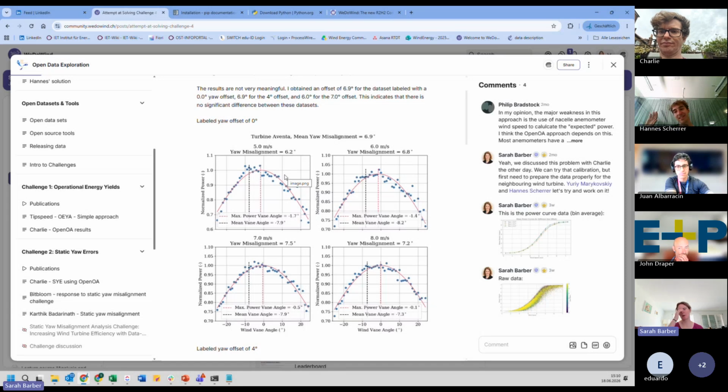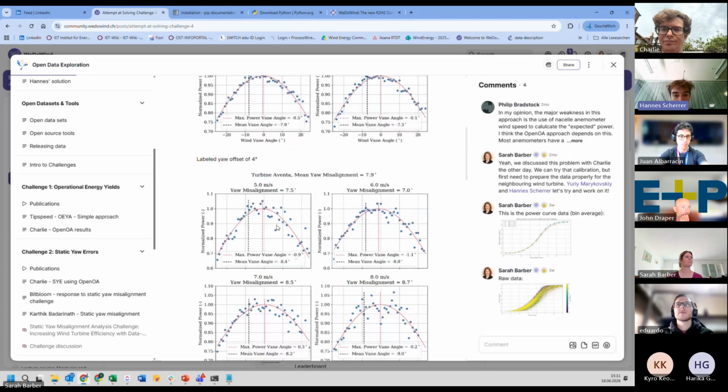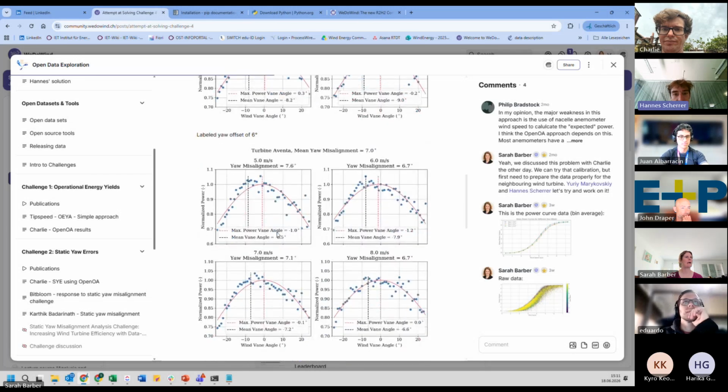Yeah, it's the normal operation period before you get to the rated, isn't it? Exactly. Yeah. In this time, they take some bins of wind speeds and then lay this curve into it, as I understood it. I don't know if that's correct. And I did this for different labeled offsets, like 0, 4 degrees, and what's below? 6 degrees.